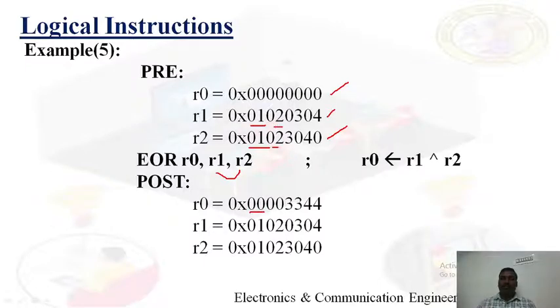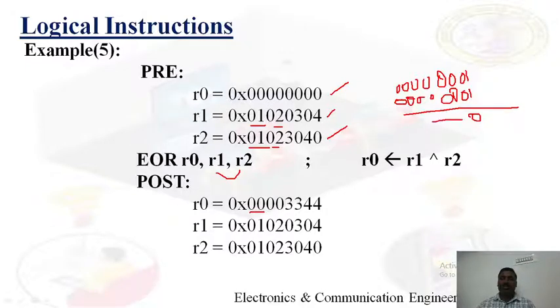Similarly 02, 02, output is 0. Because let us take one example, 0000 0000, then 01, 01 means what, this much. So similarly 0000, then 0001. So 1 is XORed with 1, you will get 0. Similarly, if inputs are the same, here all the inputs are the same, so totally we get 0. So that's why 01 XORed with 01, you will get 0. So similarly 02 with 02, you will get 0.